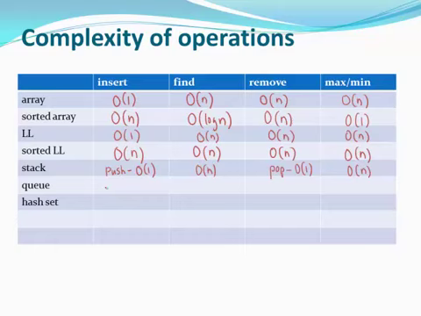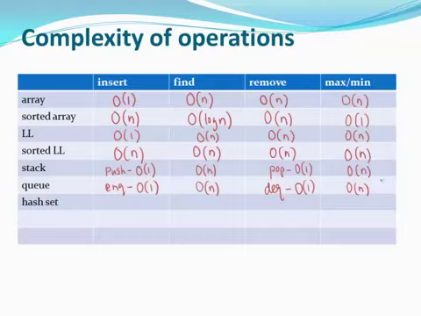When it comes to queue, inserting means enqueuing elements, which is big O of 1. Finding something would require, similar to stacks, big O of n operations. You'll have to dequeue, look at them, find this element, and you will have to put the queue back to the original shape. Removing is dequeuing the element, so that can be done in big O of 1. Finding max or min would be similar to finding any other element. We'll have to traverse through the